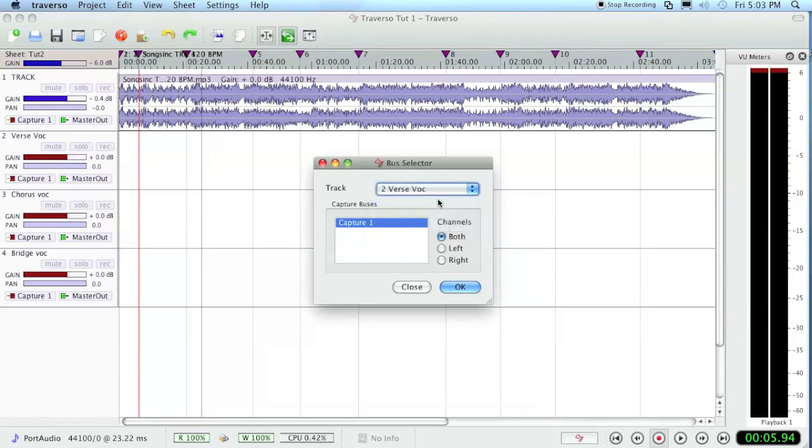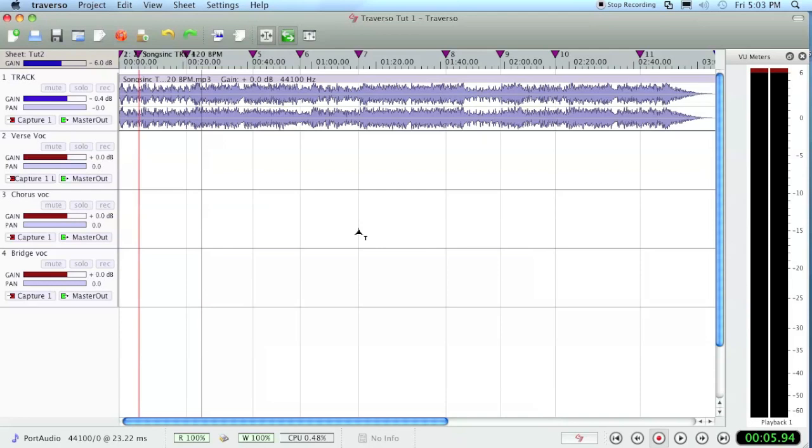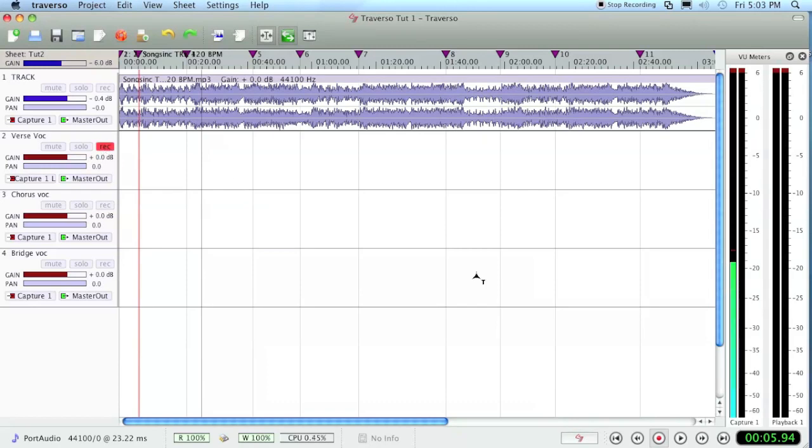Make sure that says verse 2. Sometimes it changes. Click left. Then when you hit OK, you'll see a little L there. You'll know that's correct. Then when you hit this record button here on track 2, it turns red, and you see the microphone signal in that meter there. Okay, now that I have my track armed, the red record light is on,